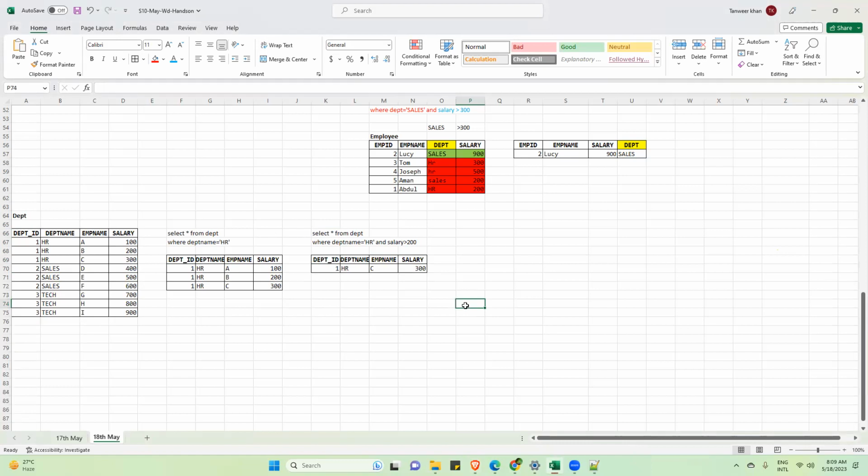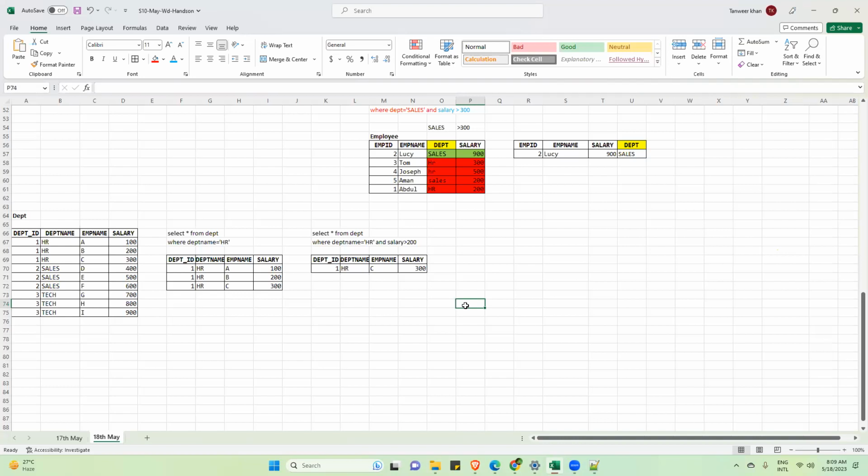Okay, now next condition. Listen very carefully. So far any question? Now my manager is telling a different requirement: Tanveer, I want all the employees who are working in the HR department or their salary is greater than 600.